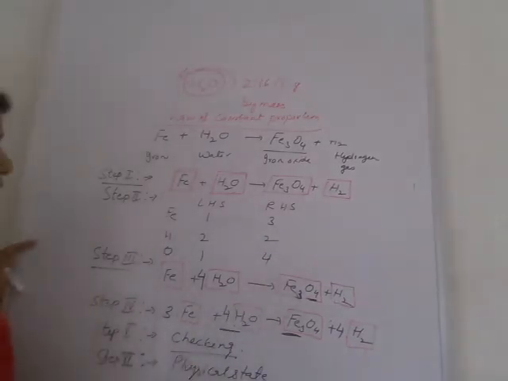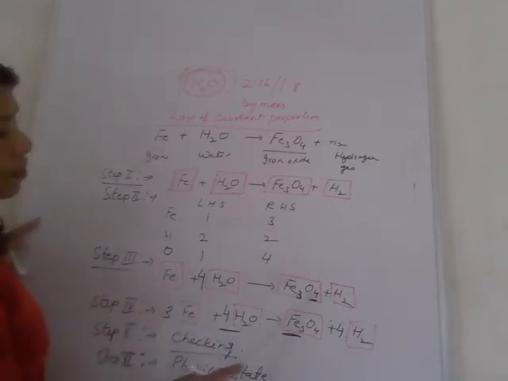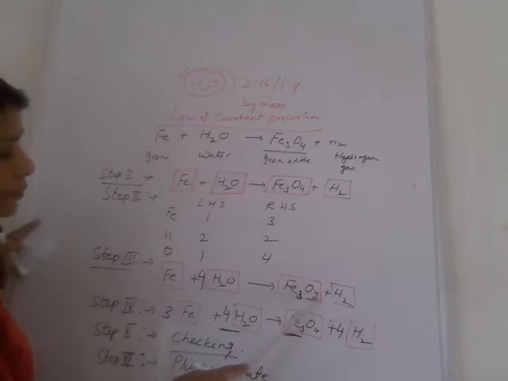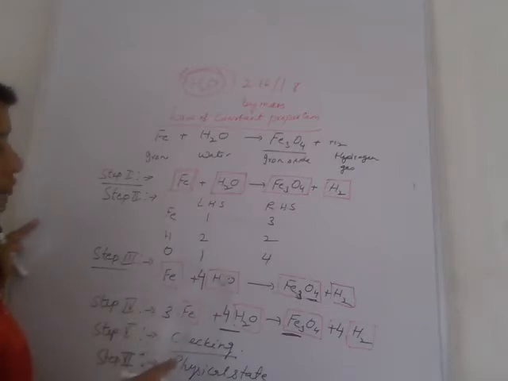So students, in the next step, that is the third step, after counting the number of atoms of each element on the left hand side and right hand side, we will see oxygen here towards the right hand side. These are 4. So we will write 4 in front of water towards the reactant side. So it will become oxygen 4.